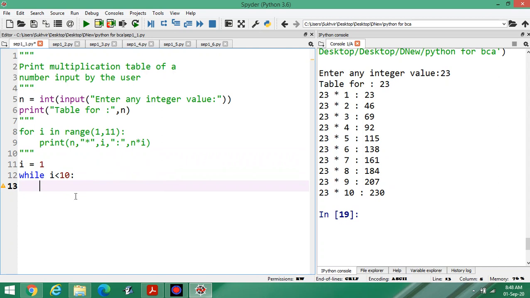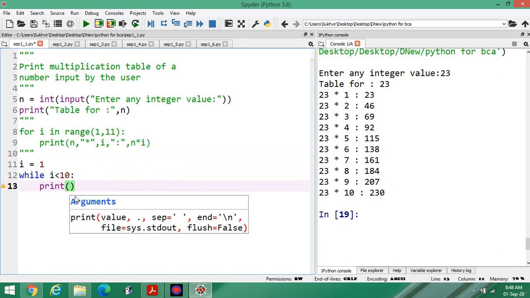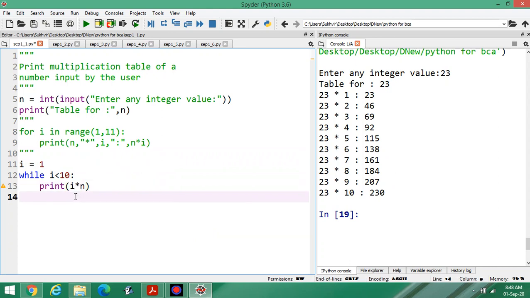While I less than 10, then you can write print I star n. Then you can write I plus plus or I is equal to I plus 1 like this.